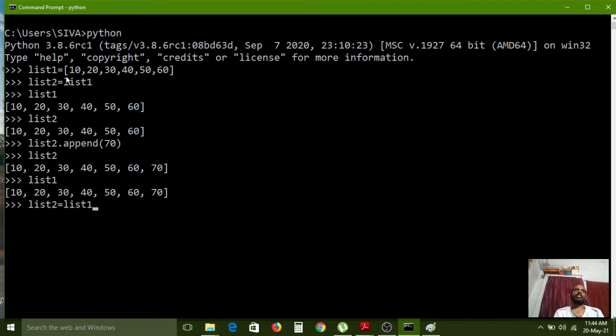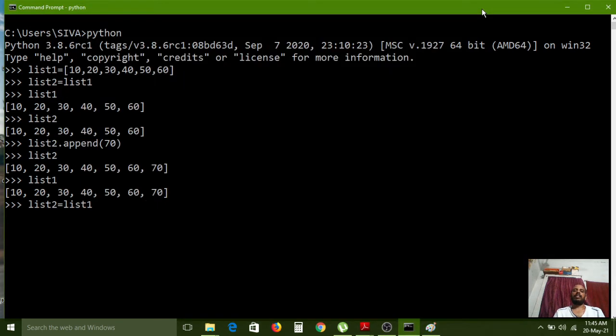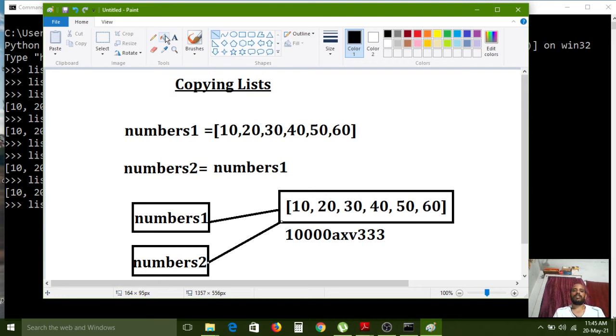So this is called list cloning. List cloning means two lists are pointing to the same memory location. First the numbers1 list is created. After that the numbers2 list is created with the name of this one. This means list aliasing or list cloning, because the same memory address is pointing to the same list. That is why it is called list aliasing and also list cloning.